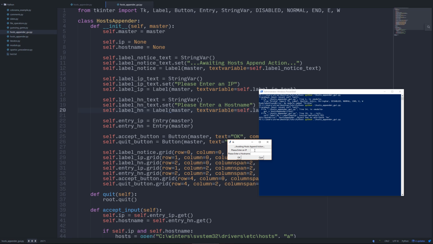All right, so now that we have our GUI, let's go ahead and test quit first. Click quit, and it will actually close. And since this shell is open separately, it's not going to close our shell window. So let's go ahead and run it again. We will have our IP. So let's go ahead and we'll call this one,